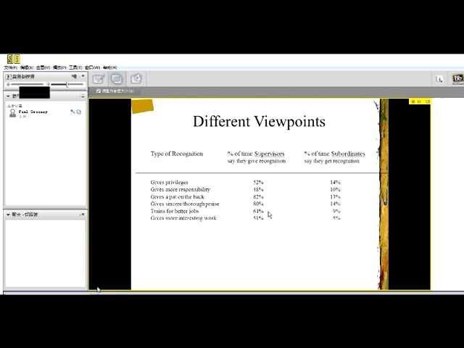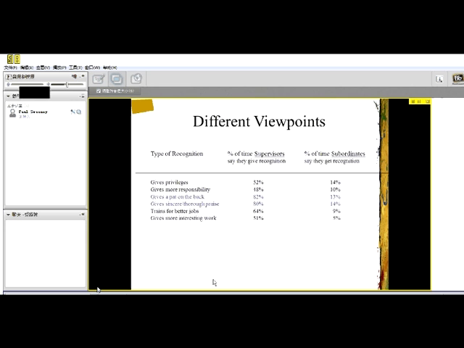So let's take that first row, gives privileges. So the supervisor said that after an employee does something good, about 50%, 52% exactly of the time, he kind of gives privileges, or she gives privileges. Now the subordinates disagree with that. They say that only happens about 14% of the time. And you can see what else Likert recorded: gives more responsibility, better training, other rewards, and so on. So I don't know what catches your eye about this data, but what catches my eye are these 2 rows I've just highlighted here. And what you'll see is this is a huge difference.